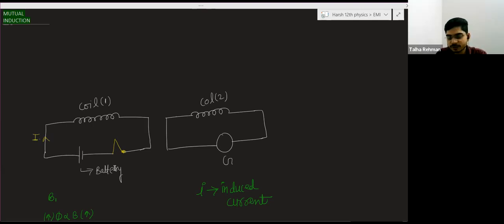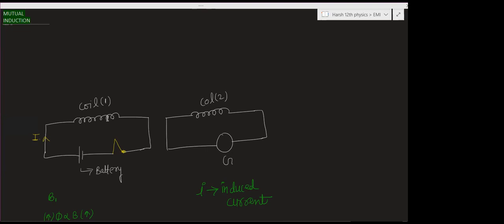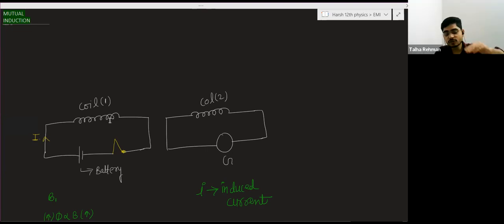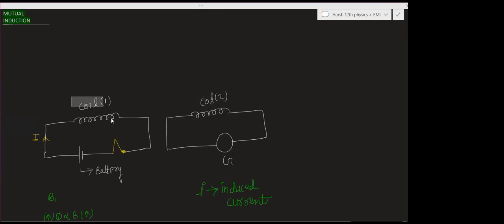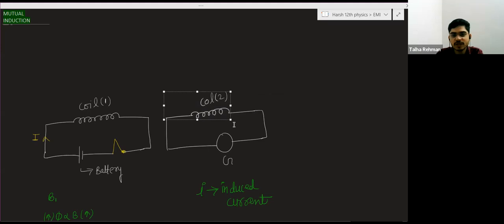And in this circuit, when you close the switch, the current will start increasing in this coil, which means the magnetic field in this coil will start increasing, and the effect of that magnetic field due to the coil will be here also. As the current is increasing, here also the magnetic field is increasing, and magnetic field is directly proportional to the magnetic flux,